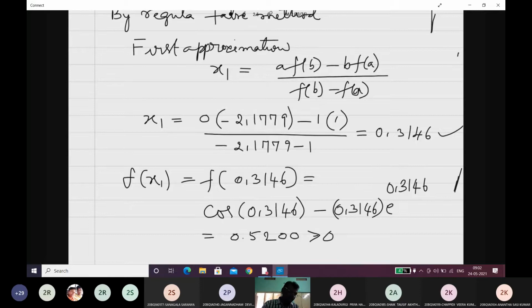Cos of 0.3146 minus 0.3146 into shift ln of 0.3146, bracket close, is equal to, what is that value? Minus of 0.3146 into